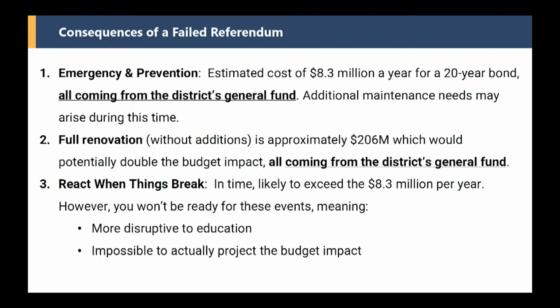There is always the kind of run to failure, which is react when things break. Unfortunately, when you do that, they will tend to cost more when you aggregate it all, because when you do something in an emergency situation, it is typically going to cost more. You're going to have to expedite parts. You're going to be stuck with a like-for-like replacement. You don't have an opportunity to really update the system. You're just going to be in that repair, replace mode. Problem with that is it's going to be more disruptive because you can't predict when things are going to fail. Failure is inherently unpredictable, and it won't be easy to budget for because, again, things fail when they do. And sometimes they fail in bunches and sometimes it's pieces.